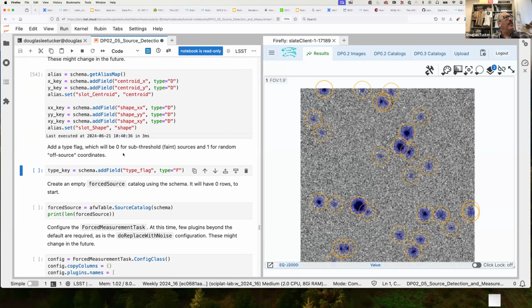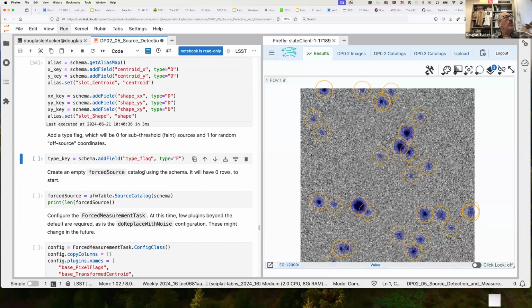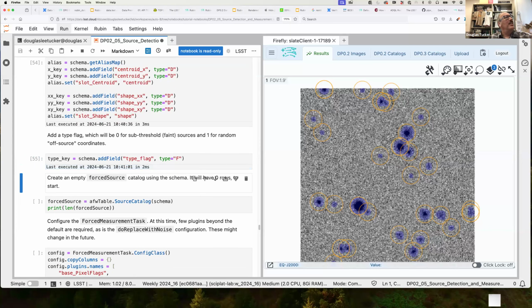We also want to add a flag, which will be 0 for the faint sources, the subdetection thresholds, and we're also going to create a set of random off source coordinates, and we want to flag these. So it'll be 0 for the subthreshold or faint sources, and 1 for random off source coordinates. So we'll click on that, or do shift enter on that,